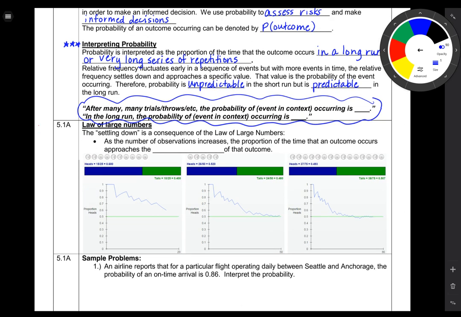Okay, now as far as probability, there's this law of large numbers. So the settling down is a consequence of the law of large numbers. So you know how it's unpredictable at the beginning, but it ends up being predictable, it settles down. As the number of observations increases, the proportion of the time that an outcome occurs approaches the probability of that outcome. So what we're going to look at here, 3 diagrams, and it's a simulation